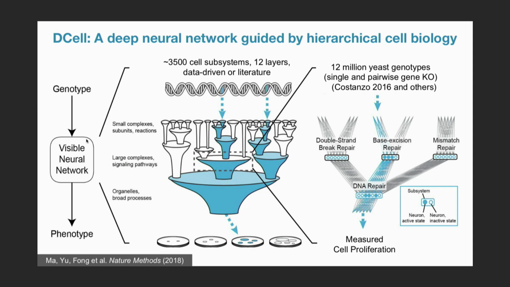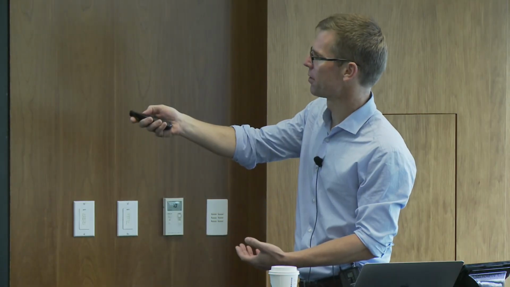And its children would also have neurons representing their states, and only those neurons could be inputs to DNA repair, and its neurons can then be inputs only to its parents, and so on and so forth. And finally, the end of this thing is a single neuron representing the growth rate, or at least a bank of neurons whose first PC is the growth rate, or something like that. Okay, so I think I've given you enough information for how to think about this neural network.